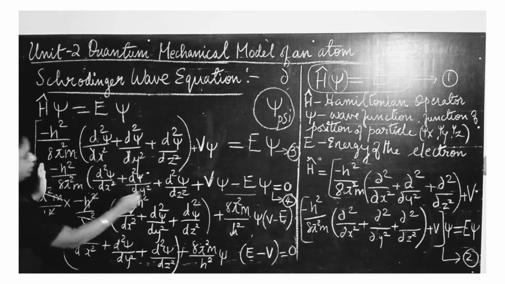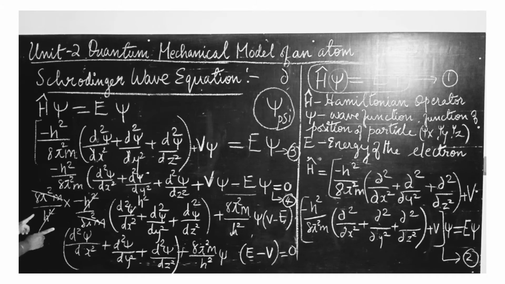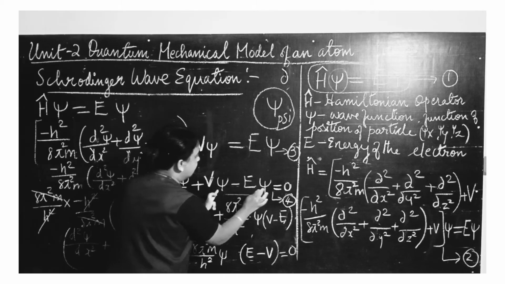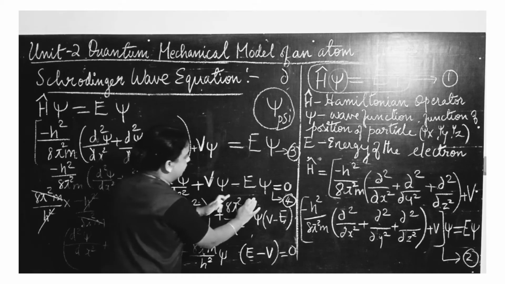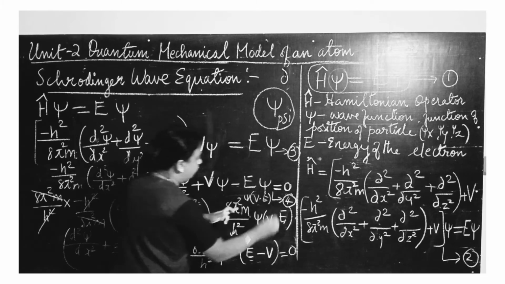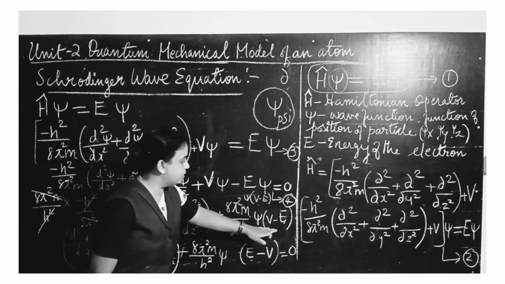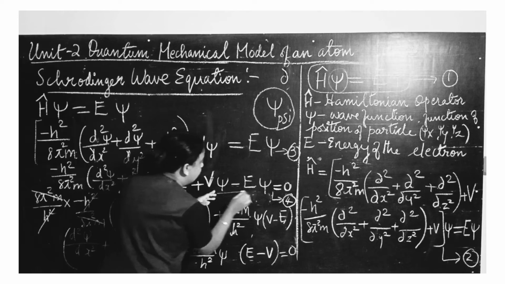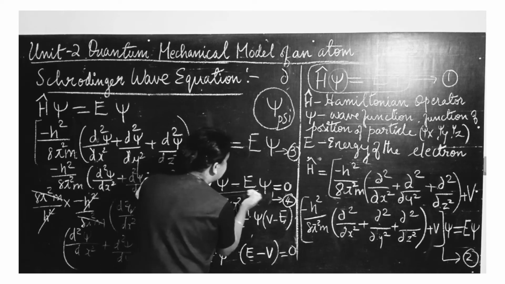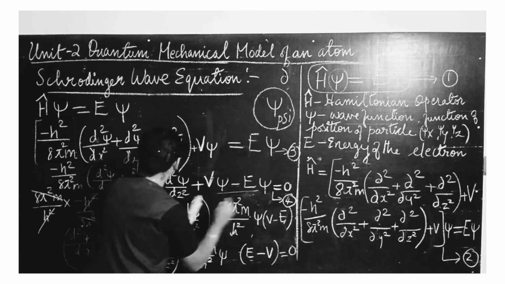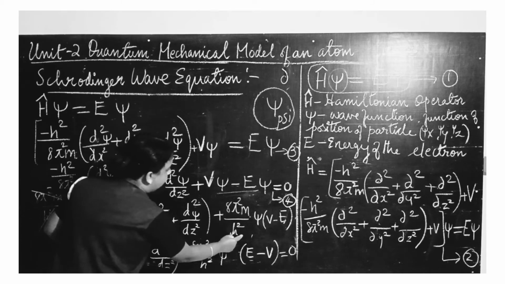So on the left hand side, first I multiply. So the equation as it is written, and then I multiplied with 8 pi square m by h square. Okay. Likewise here also I multiplied. So here V psi minus E psi, I just took psi outside. When I take psi outside, what happens here? It becomes V minus E. So that V minus E is here. Okay, got it? Yes. So what am I doing here? In these two, because psi is common here, for that reason I just took psi outside. So psi V minus E, and that also I just multiply with the 8 pi square m by h square.